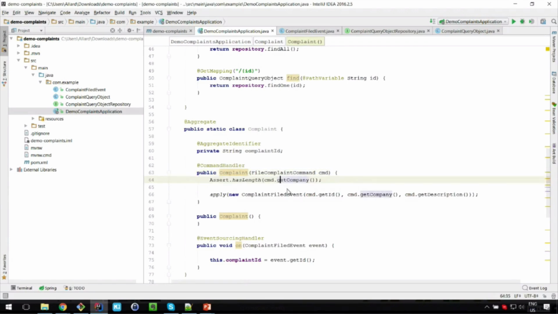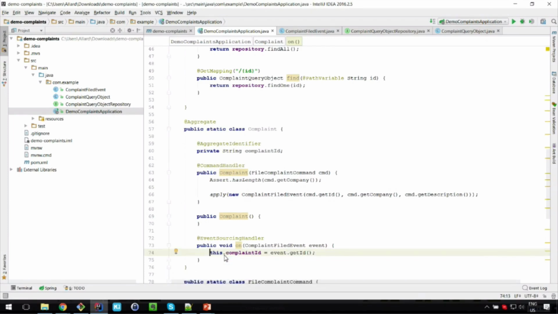So we have some companies, or at least some data in our database after running this application for a while, that has no company data. If we would put the validation in here, we would not be able to load those complaints anymore. They would be rejected. So don't reject in the event handler, just accept whatever happened. You probably want to take corrective action if something happened that you really do not want to have happened, but it still did happen. So don't put any validation there, just accept,